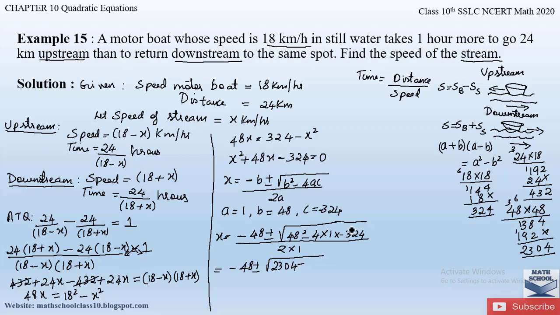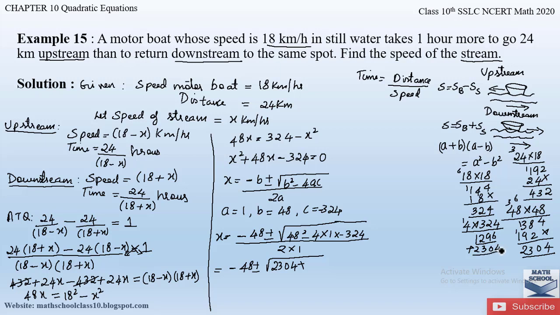2304 minus, so minus into minus will become plus. So 4 into 1 into 324. So what is 4 into 324? So this will be 4 4s are 16, carry 1. 4 2s are 8, 9, 4 3s are 12. So now we have to add these two values. So let us add plus